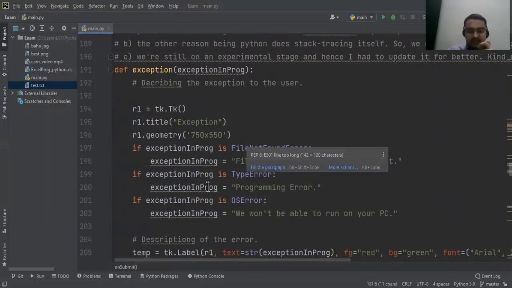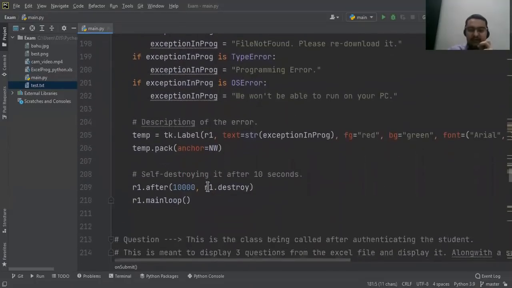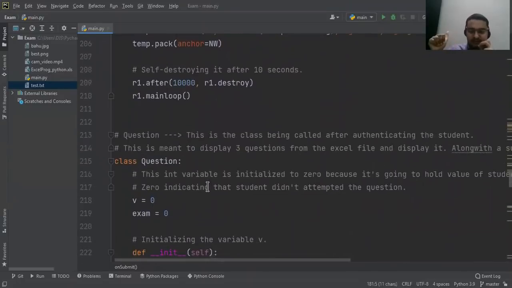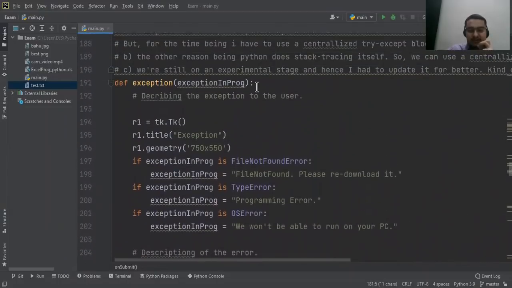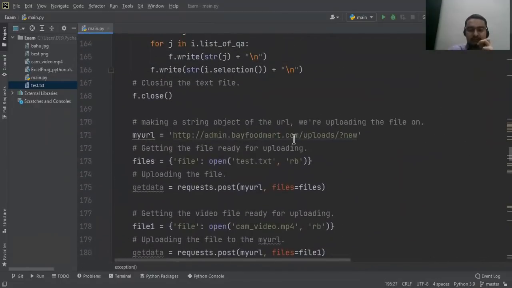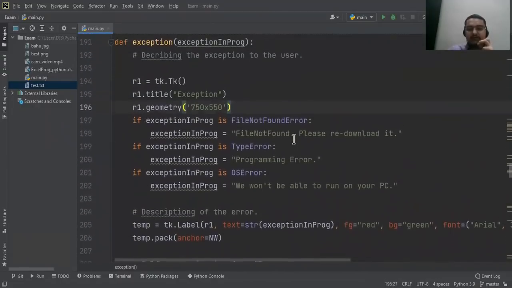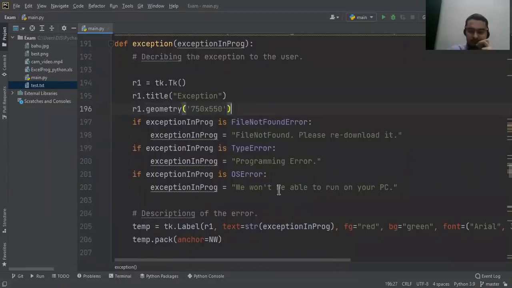Now till now we have discussed everything about questions and authentication. We haven't discussed two things. One is what if there is an exception, and the second is how we would actually start recording video. So first let me bring you to the exception class. If any exception occurs, we would show it as an exception, which essentially means that you would be able to take a screenshot and send it to us, or to this particular website. When it was up and running we were doing it. Now we have removed that part of the code.